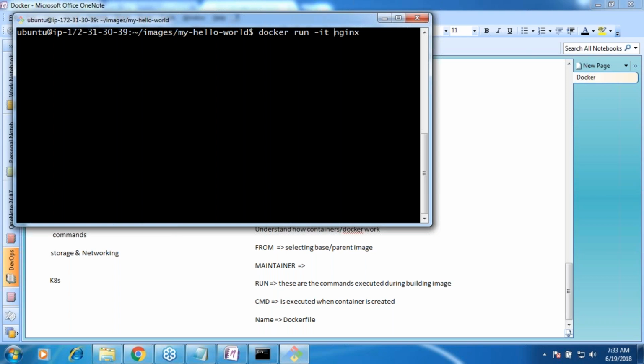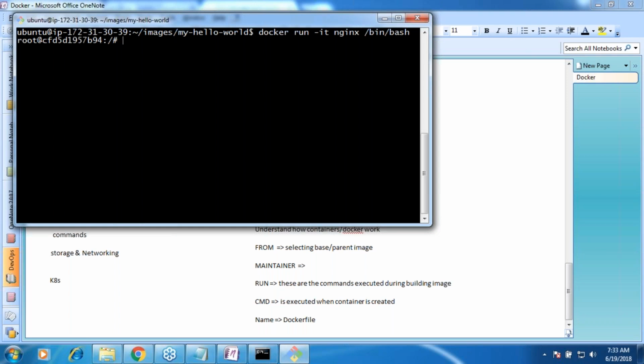-it is interactive terminal. Okay. And then give the name of your container, Nginx:1.14 or Nginx:1.14 Perl, whatever base image you have, right? And you need to tell where your terminal is. So /bin/bash, wherever your terminal is. If you don't want bash, if you want some other terminal, like ZSH, give the path of it.